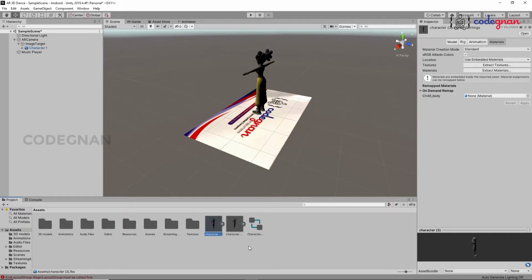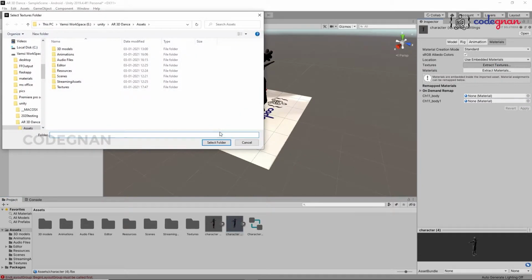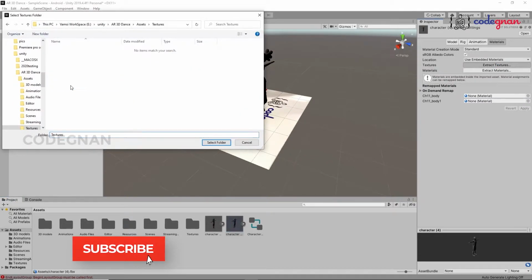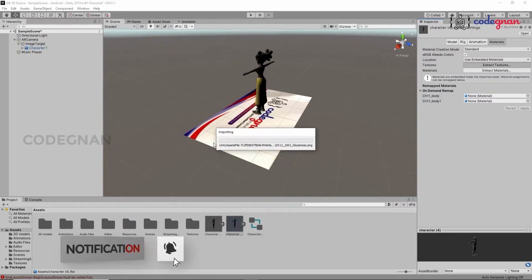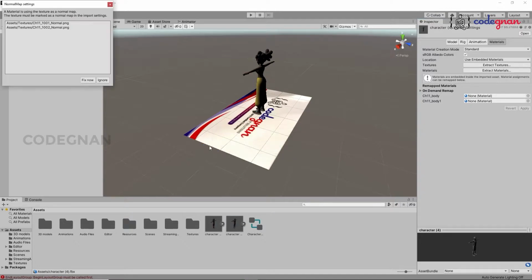Yeah, it was done, and again extract these textures as well. In the textures, I'm going to extract the textures. Yeah, click on fix now. It will be fixed.